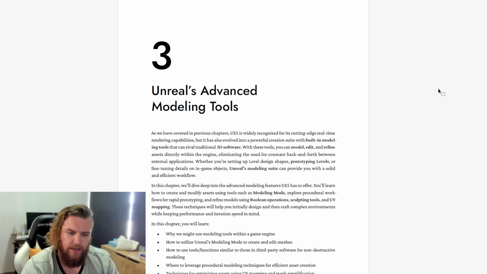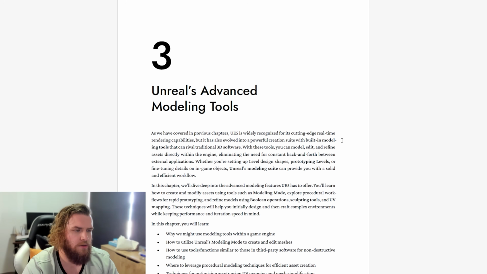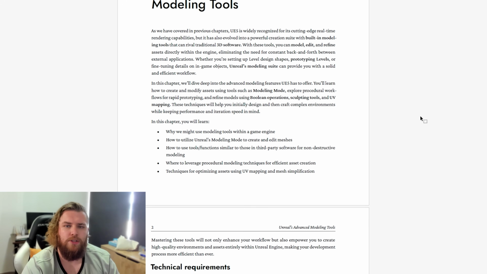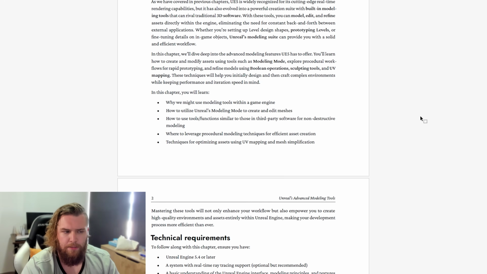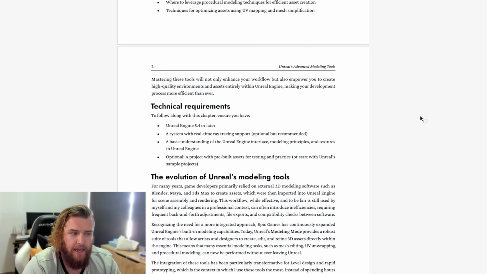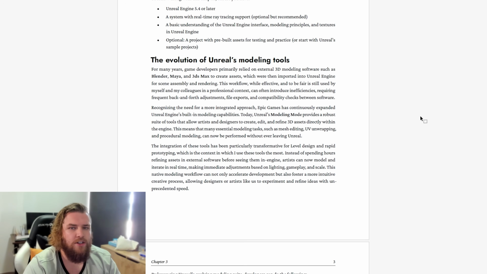It's a little bit of a tangent or off to the side, but I thought it was really important because I wanted to cover a large range of different things that I do in Unreal, specifically for this book. And for years, like most of us, especially earlier on when I was across many different programs, I used to use Maya or Blender to build assets, and then I imported them into Unreal. But now, with UE5's modeling mode, I can do a surprising amount of that stuff in engine,